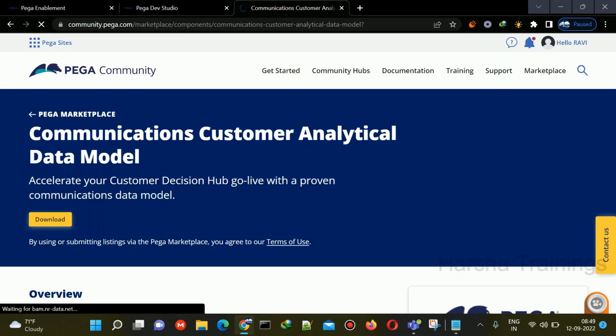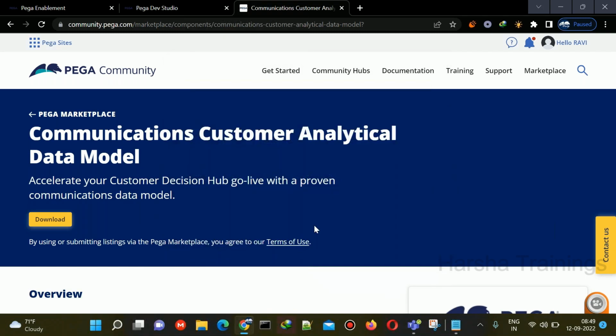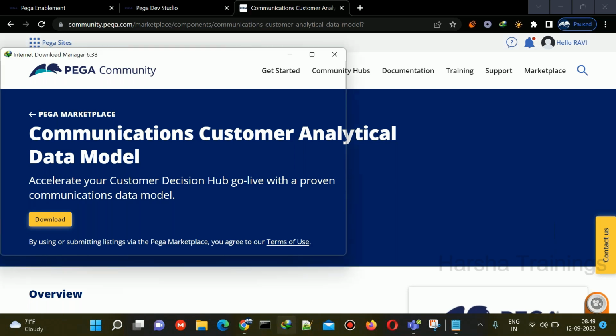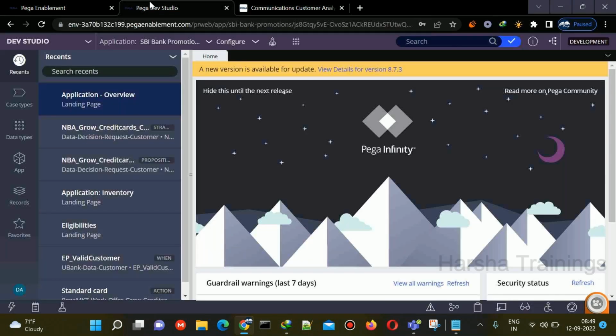because there can be hundreds of properties that you need, and you also don't know which properties you need to create. Rather than creating few properties and figuring it out later, this car model will give you all the data model, that is the properties that are needed for your business. You see the XCAR comms template data model is created. You just come here, configure,